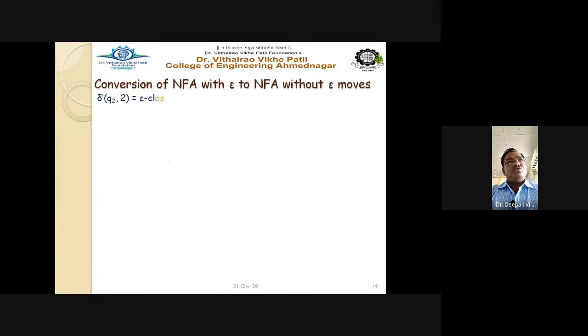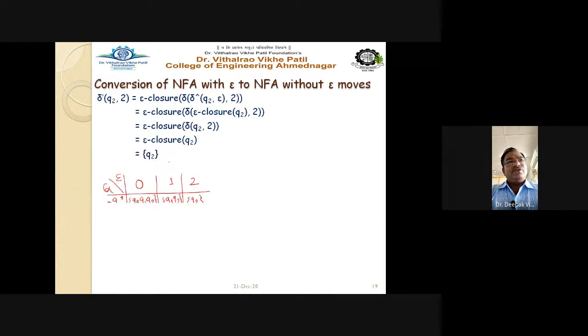Now Q2 on 2, E closure delta cap Q2 epsilon 2, that is nothing but E closure of Q2, and E closure of Q2 is nothing but your Q2. So delta Q2 transition is nothing but your Q2, and E closure of Q2 is nothing but Q2. This way we have found out all the transitions. So Q0, Q1, Q2, and the transitions are 0, 1 and 2 inputs. So we have written the transition table,